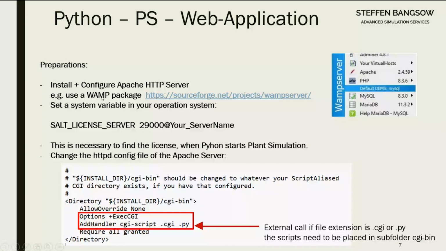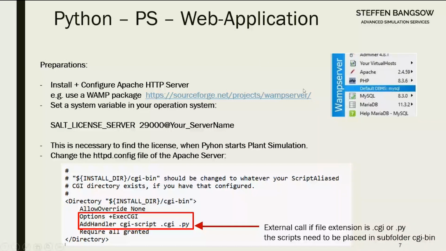And you can download this, for instance, as WAMP server. This is a fully pre-configured application. And then you have, for instance, the Apache server on your computer system.